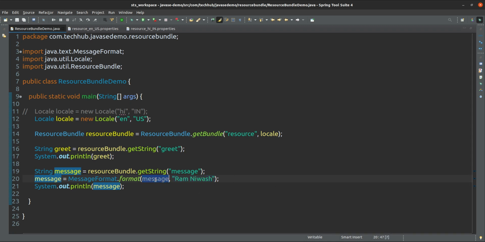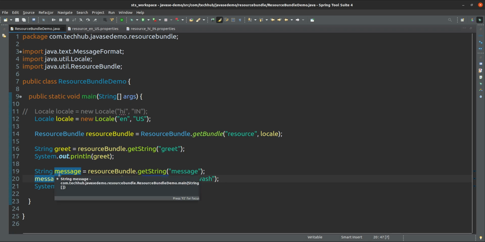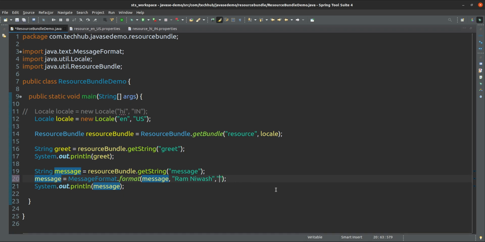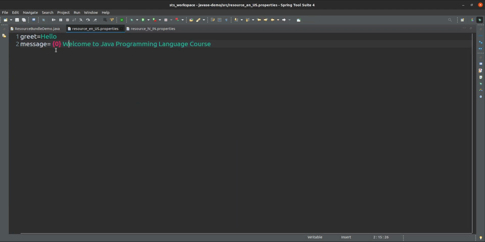First should be the string that is coming from your resource bundle, and after that first parameter, n number of parameters can be there. Like here you can give XYZ, here you can give ABC also, because there are chances that in your resource bundle message there can be n number of position params.